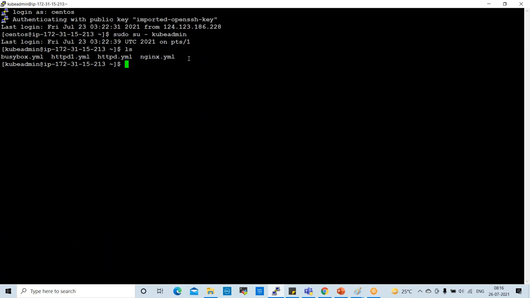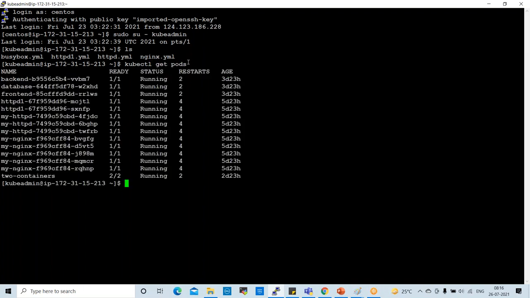Fine. So, the troubleshooting part. In Kubernetes, what we will do is bring down one pod and troubleshoot that. We'll try to resolve that issue. So we have pods, right? kubectl get pods. If you give this command, we have different pods. All the pods are in running state. So we'll bring down one pod, corrupt one pod, and check that.